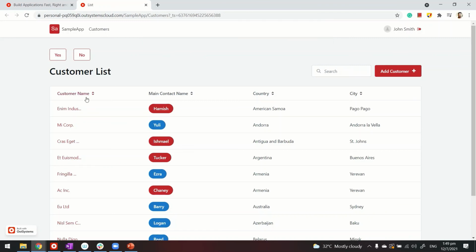And then the last one was the if under the expression. So in this case, you can see for the anime industry, you can see how 3 dots are appearing. But another one, MeCorp, which is a short text fitting within the 10 characters limit that I set there, it displays the whole thing. Same for AC Inc., EU Limited, but things which are longer, it displays the first 10 characters and the 3 dots there.